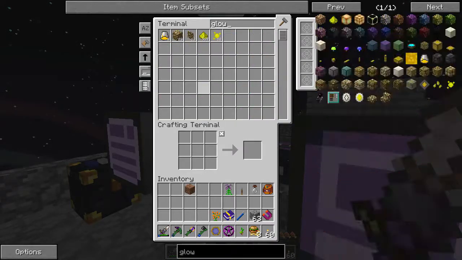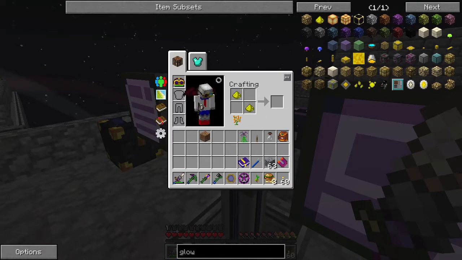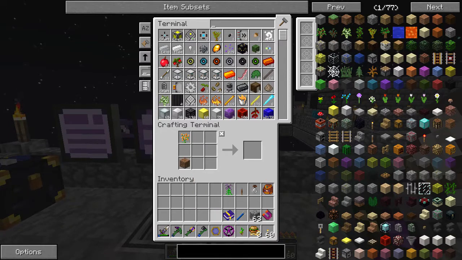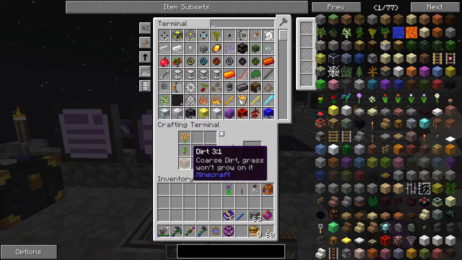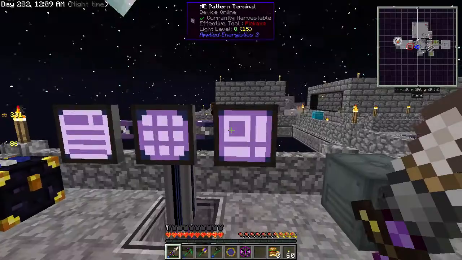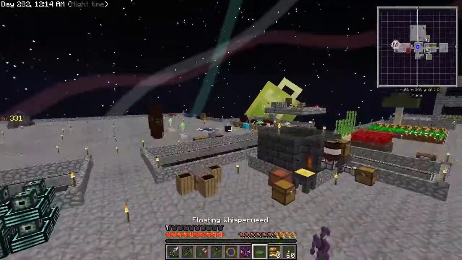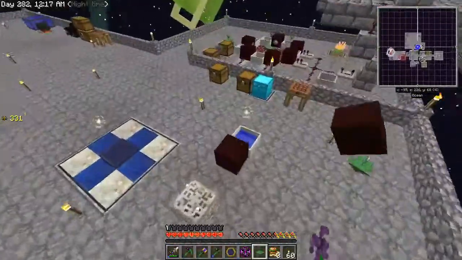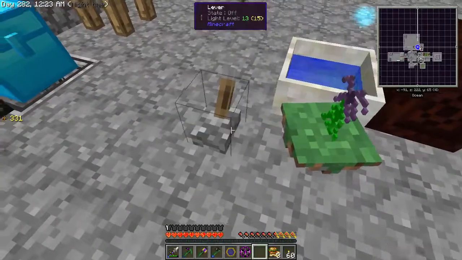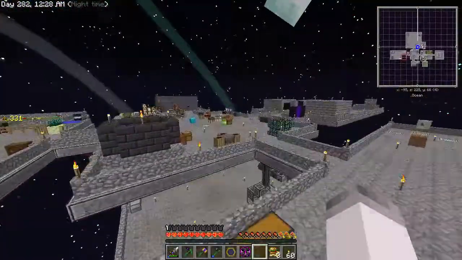And can I get some glowstone? And you make a glimmering flower. Then you do that. And then we should be able to make a floating Whisperweed. And I'm going to stick this right beside my mana pool. And it's going to... if I could get my